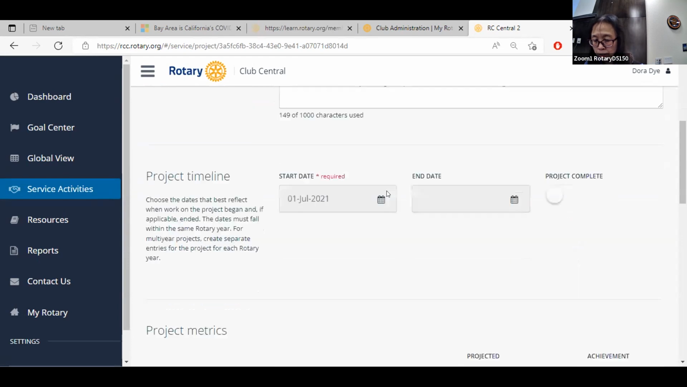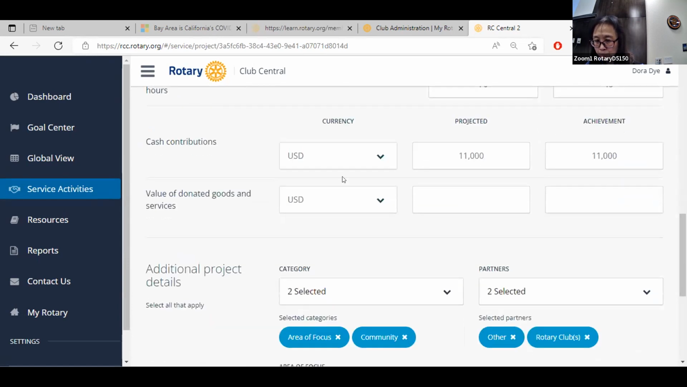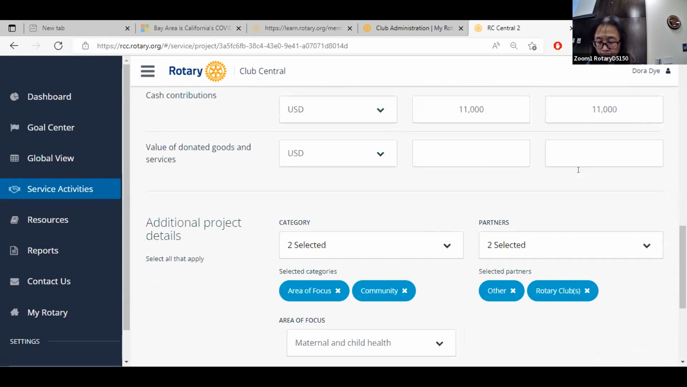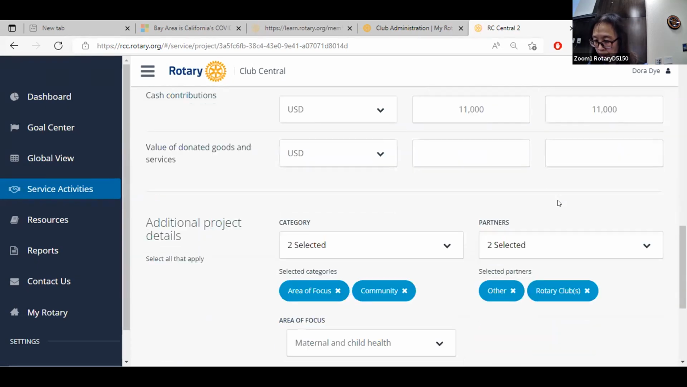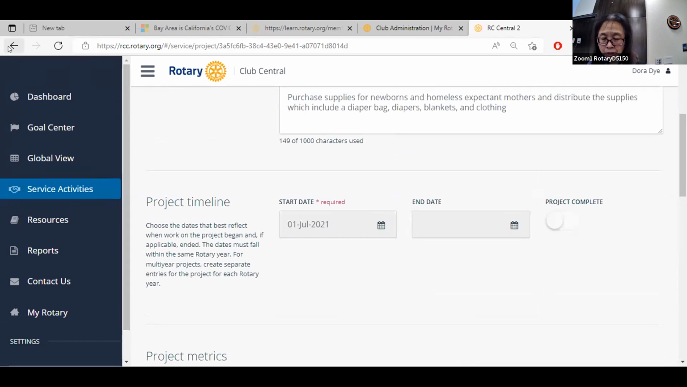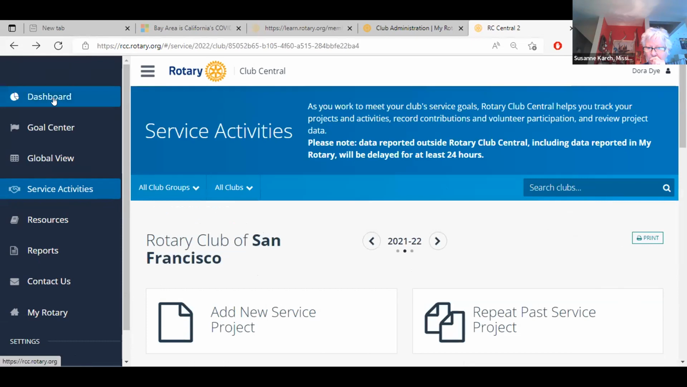So I will go in here and input how much we projected, what we achieved, how much money we put in, and how much money we projected we would give and how much we actually gave, how many hours we thought we would spend, and how many hours we actually spent. And then I would hit save. Okay. And then if I go back to the dashboard,